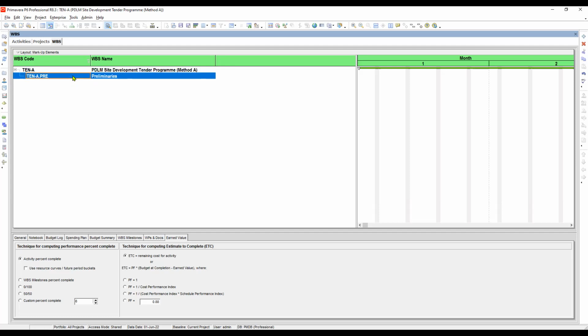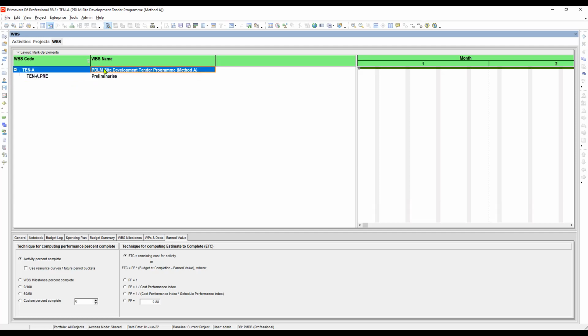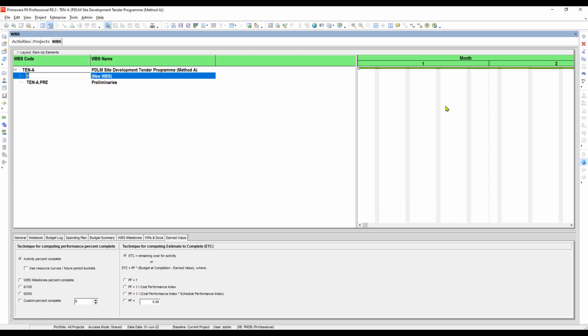We will create the first level first. So highlight here and then add. So we will move it down. So what will be the, let's say, CNW, meaning construction. Okay. Next is